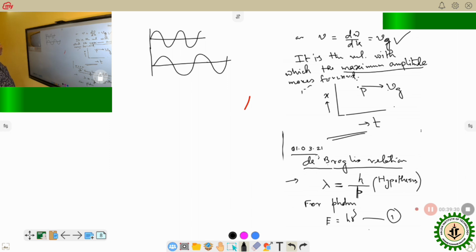Their amplitudes are also a little different. Suppose their amplitudes are close to each other, and they only have small differences in delta omega and